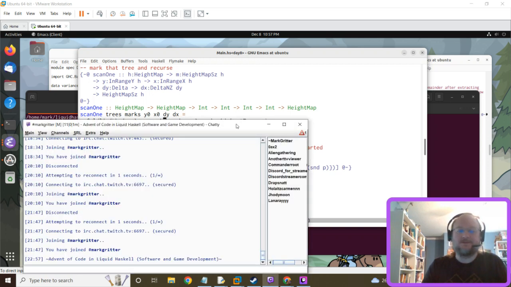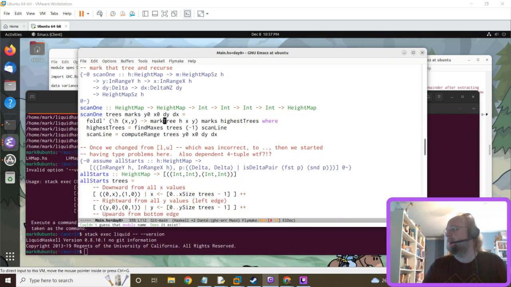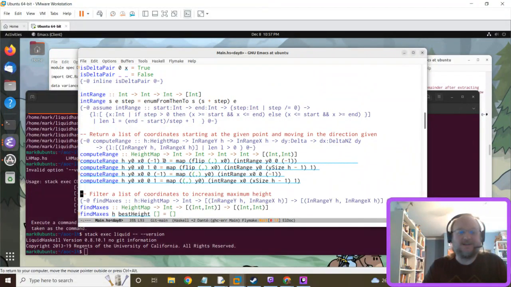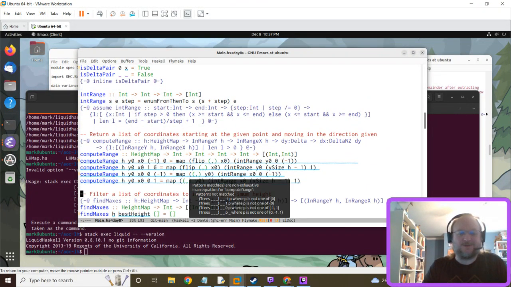Now it's just a fold over a list of highest trees, and we compute the range in a separate function. This is sort of gross. It could probably be improved, but